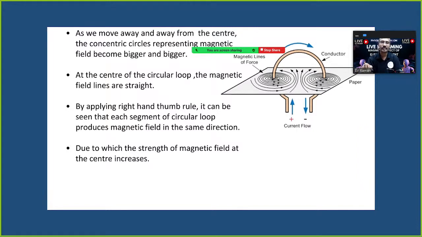As we go away and away from the center, the concentric circles representing the magnetic field become bigger. Now at the center of a circular loop, the magnetic field lines are straight. By applying the right hand thumb rule, it can be seen that the segment of